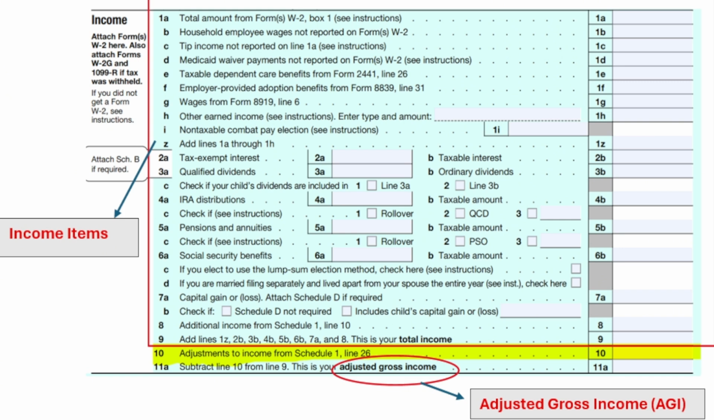Now, what we finally get to do is start looking at some deductions. Line number 10, that's where we're going to be using these adjustments. These adjustments are the deductions that we get to calculate that impact our adjusted gross income. This is the only form of deductions that will decrease our AGI. Everything else is increasing AGI, or if it is a deduction, it's decreasing taxable income,